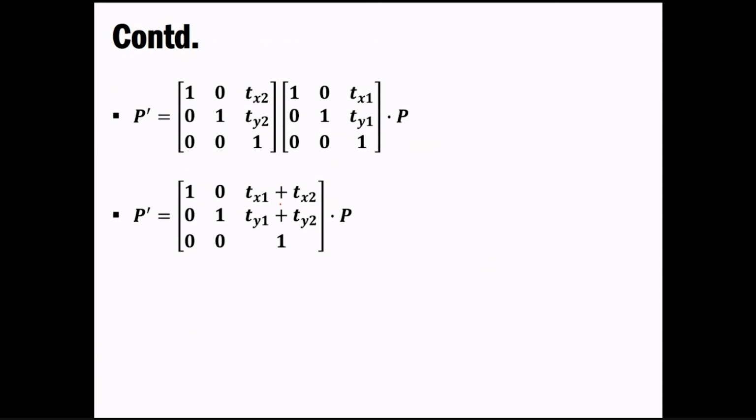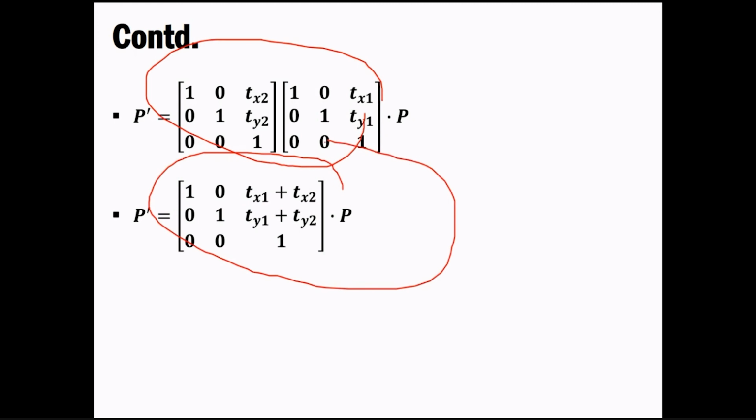We will keep our P aside, because this is the thing that will be given to you; the translation, the rotation, whatever you are performing, is on the pixel. So we'll keep it as it is for now. If we have multiple translation matrices, we multiply them at this stage and put them in a simple form. Whenever you work with any example, you just have to take the simple form of the equation. That is for tx3, ty3, similarly tx2, ty2, similarly tx1, ty1; we'll just put it in this form.